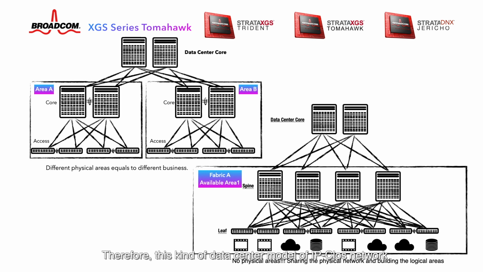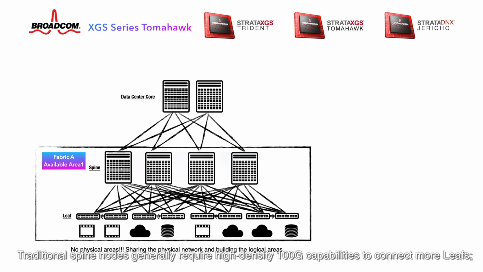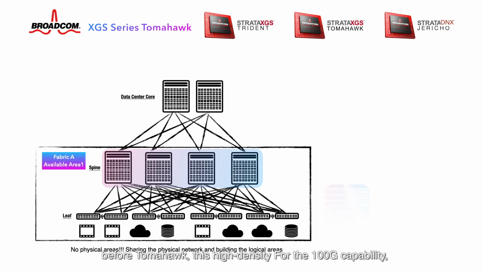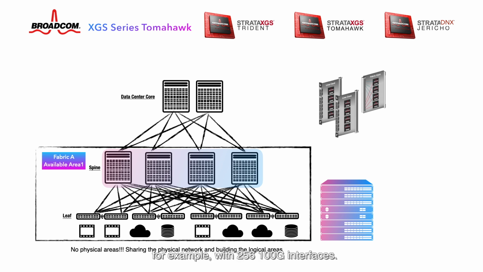Therefore, this kind of data center model of IP cloud network constructed by leaf full uplink has appeared, that is SPINE and leaf. Traditional SPINE nodes generally require high-density 100 gig capabilities to connect more leaves. Before Tomahawk, for this high density of 100 gig capability, a high-density modular switch could only be built with multiple chips. For example, with